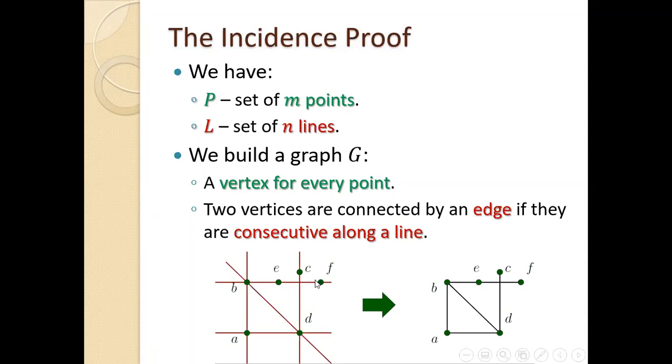Okay, so from points and lines, we got vertices and edges now. We have a graph. All we want to do is see what we can say about the crossing number of this graph. I want to say 2 things about the crossing number of this graph. Any questions, just stop me. If this is not clear, I'll repeat again how we do the edges or anything else.